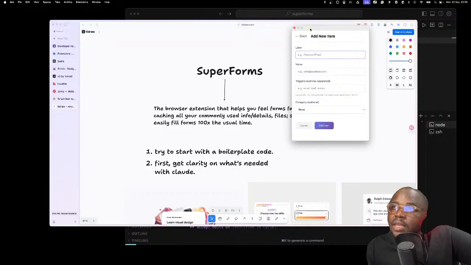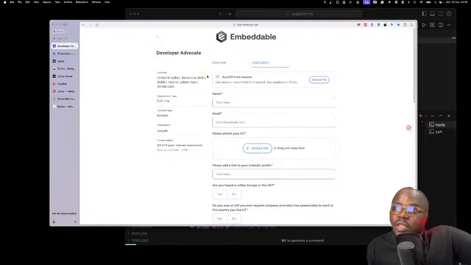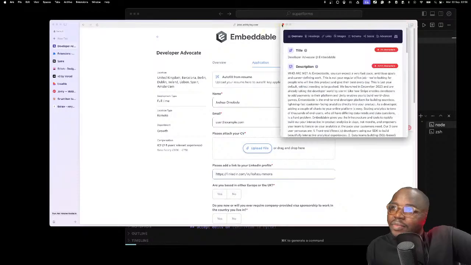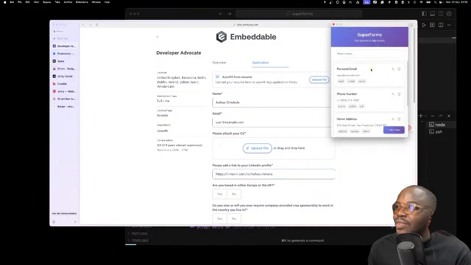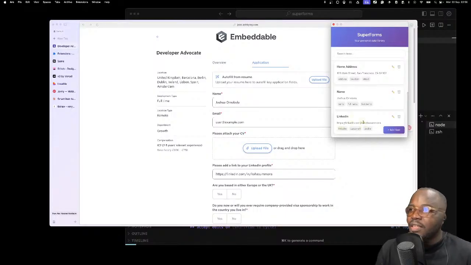And then when you're filling a form, for example, this form, it will check the trigger and know that there's a name selected, there's an email selected, LinkedIn selected, and all of this is coming because I have added that to the list, right? And the triggers are this one right here.